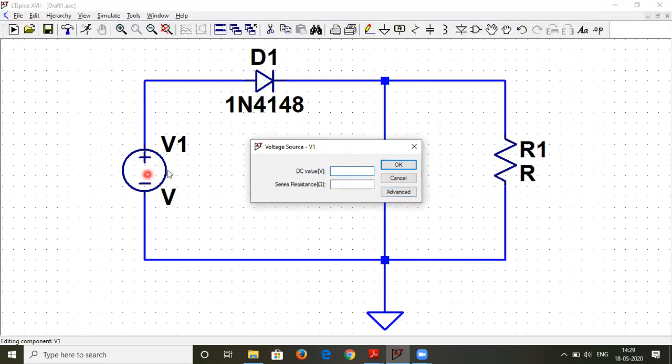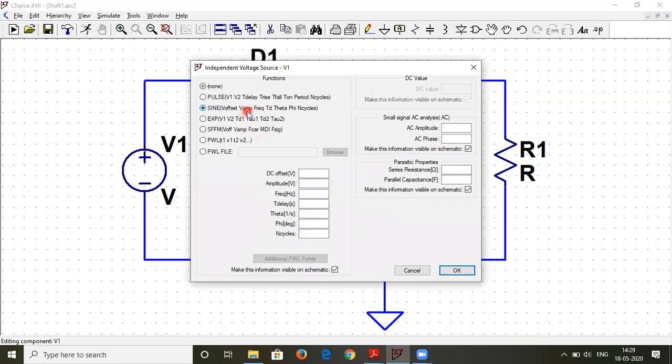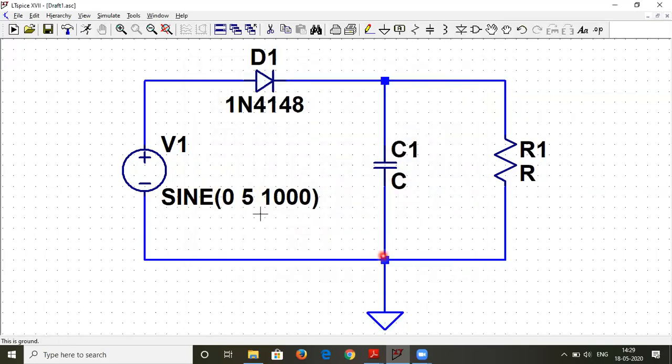So we have to right click over here, go to Advanced and select sine. Here the DC offset I will give as 0. Let the peak amplitude be around 5 volts, and let the frequency be around 1000 hertz. I'll click on OK. So this defines my sinusoidal signal.